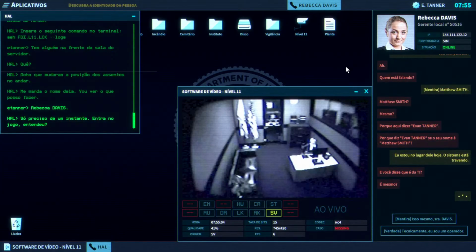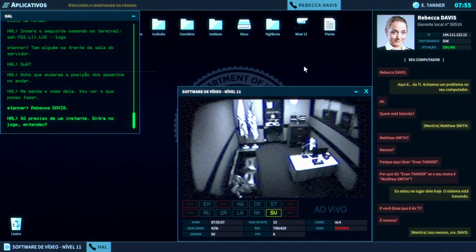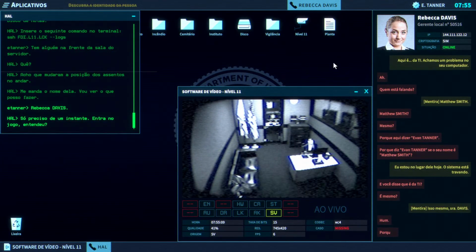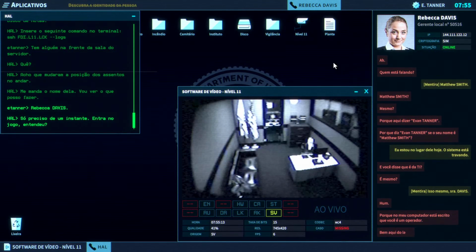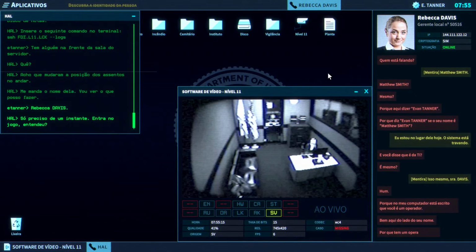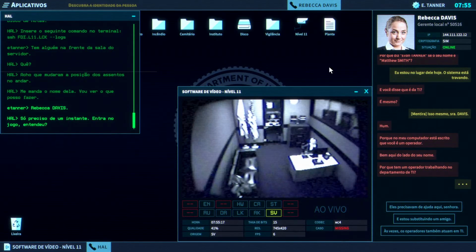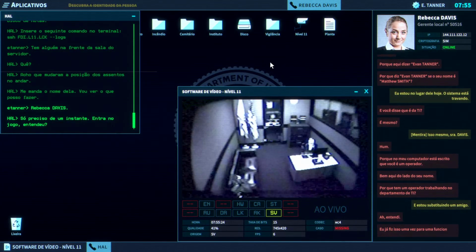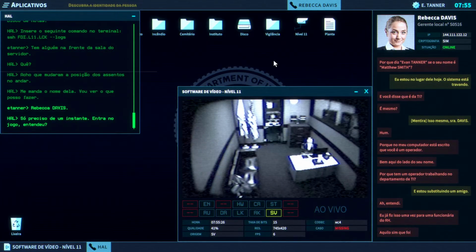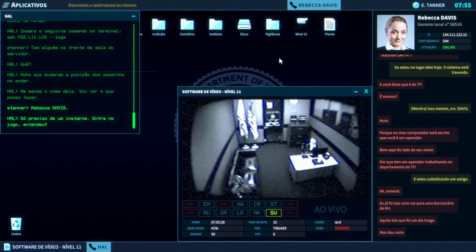Is that it? Because on my computer, it says you're an operator, right here beside your name. Why is an operator working in the IT department? Oh, I see. I did that once for a woman in HR. I mean, it was a long day, but I did it.